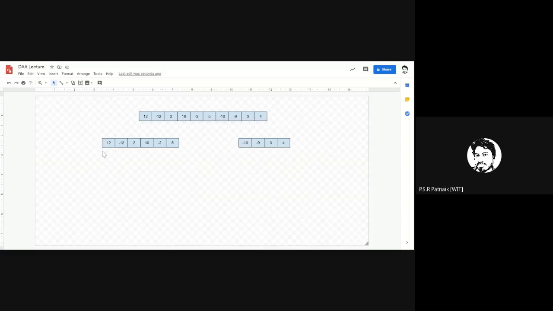So here, what is the index? It is 0 and 5. What would be the next division of this? 0 and 5, 5 by 2. If you go by quotient operation, at what point will I be dividing the array? Can you just respond in the chat window? At what point will we be dividing the array? So it is 0 and it is 5. 5 quotient operator 2 is 2.